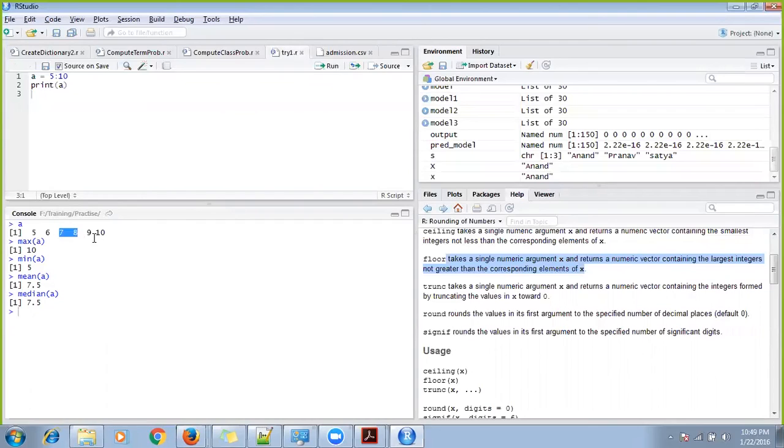Had it been 5 to 9, it would have been 7, because two values are smaller than this and two values are larger than this. But here there are two mid values, so it takes an average of those two.